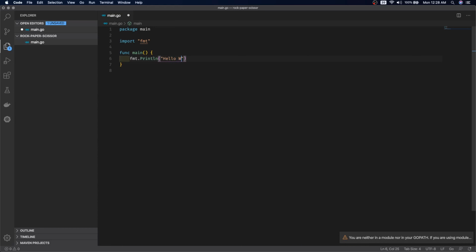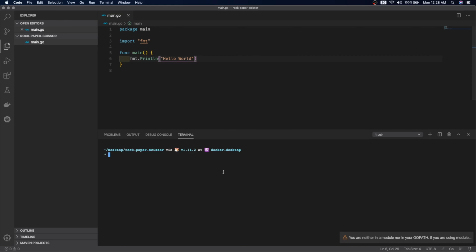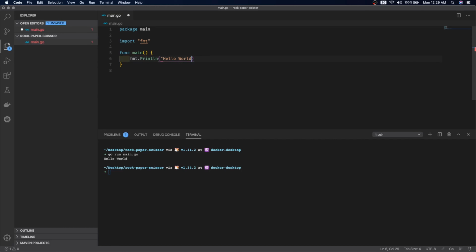fmt is a code library package whose purpose is various IO tasks. You'll see much deeper in subsequent tutorials. I'm using fmt to just print out the string on our terminal. To run this program, we'll be using a command named go run and the file name. This go run will compile the source code and link it with the libraries to run the executable file. As you can see, this program prints out hello world on our screen.